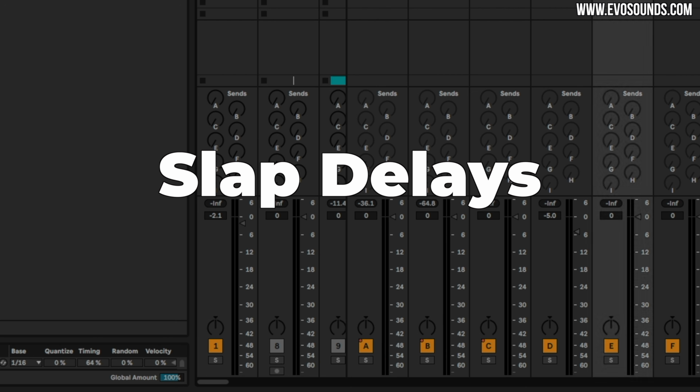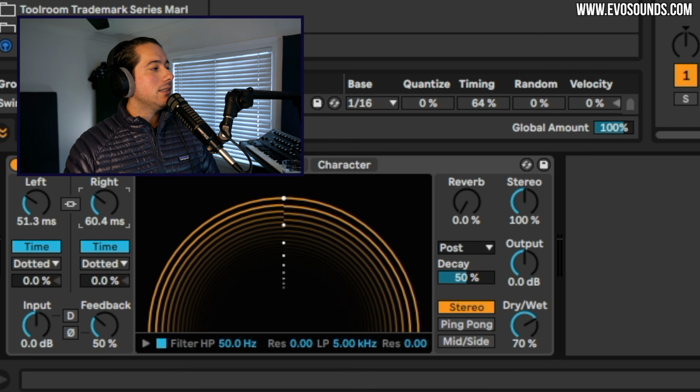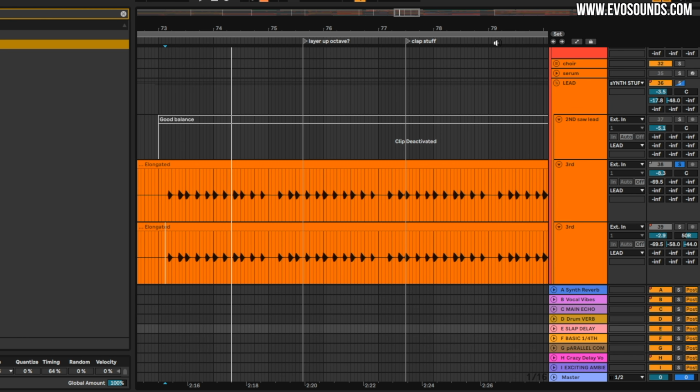Utilize the slap delay. Slap delays will be very useful on vocals and leads. So the way we set this up is, again, one side maybe around 50 milliseconds, the other around 75. If you have a tape delay, that's even better. However, for us Ableton dudes, we can use a delay like so. And all we're going to do is route this sound to my slap delay return, which is E,